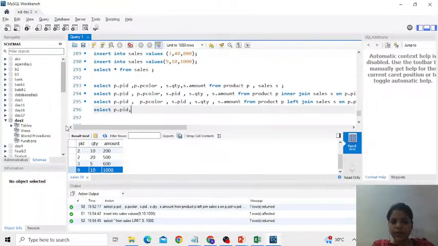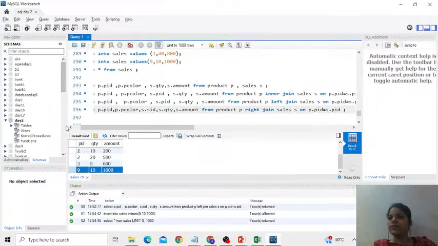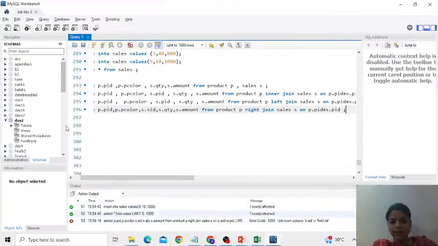Select p.pid, p.pcolor, s.sid, s.quantity, s.amount from product p right join sales s on, that is the condition, in such a way that product id should be equal to sales table का भी product id. Okay, and if I say enter,